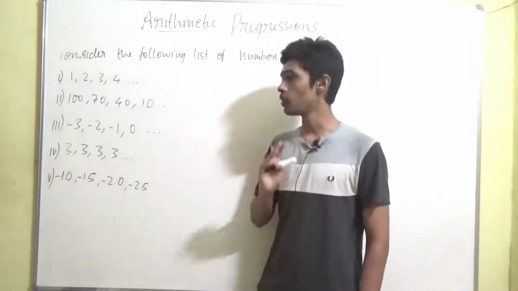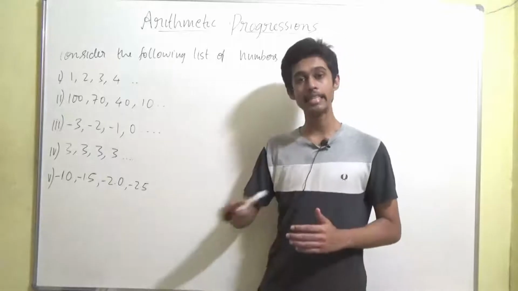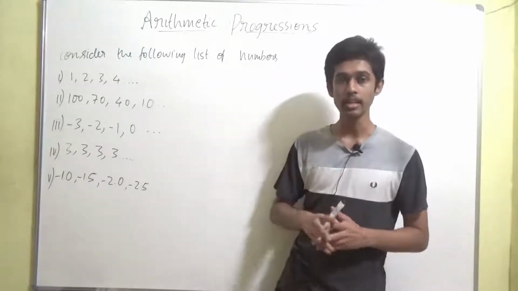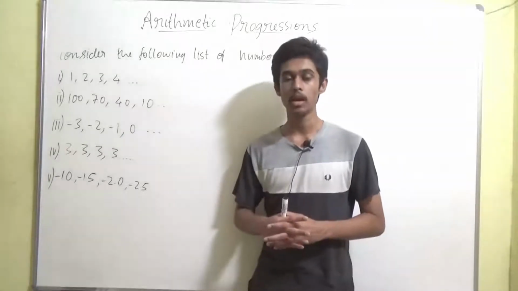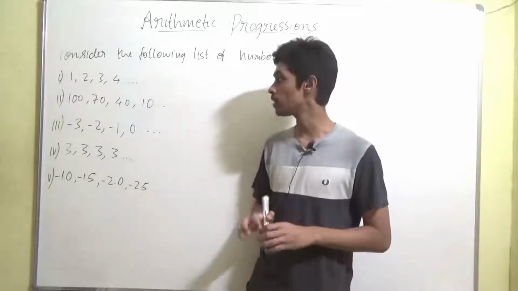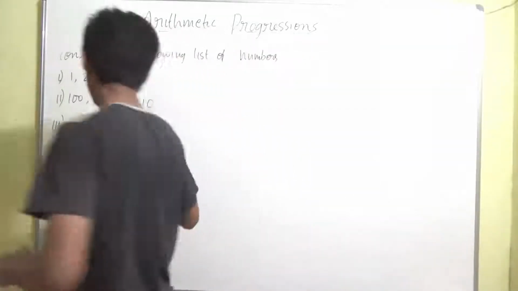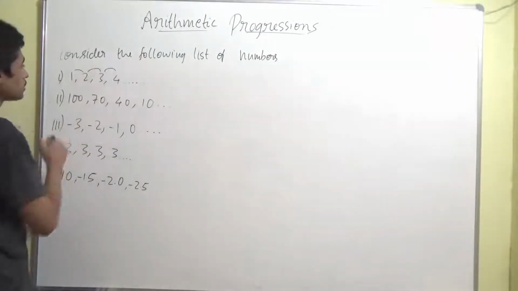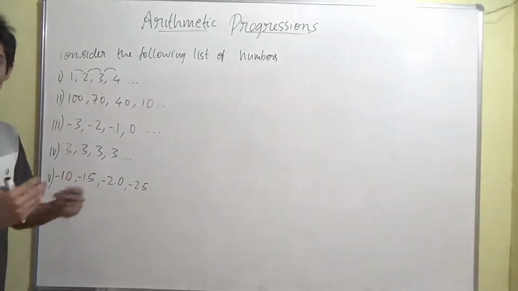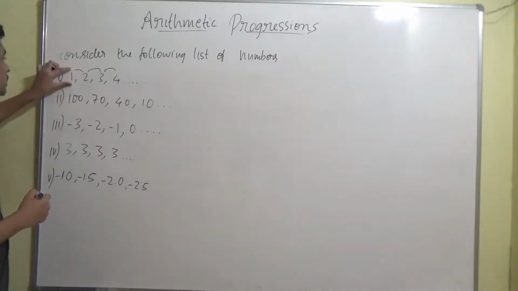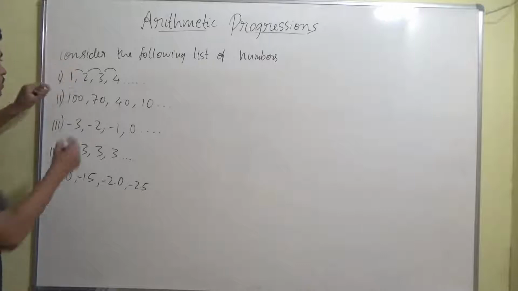Okay guys, now I'll tell you what arithmetic progression means. It is a series in such a way that the preceding term and the succeeding term have a common difference among all the terms. For example, there will be a common difference between these 2 terms and these 2 terms and these 2 terms. If you see, between these 2 terms, this is the succeeding term and this is the preceding term. If you consider, the difference is 1.